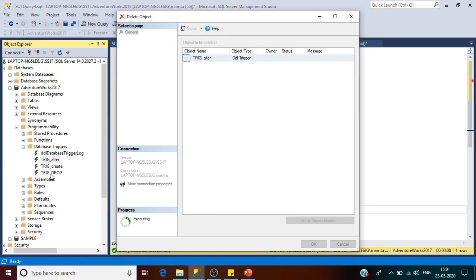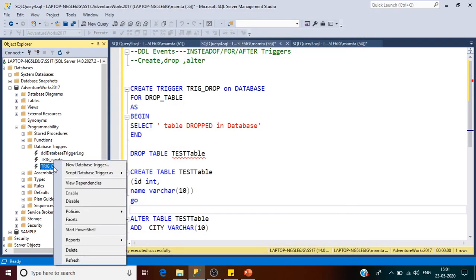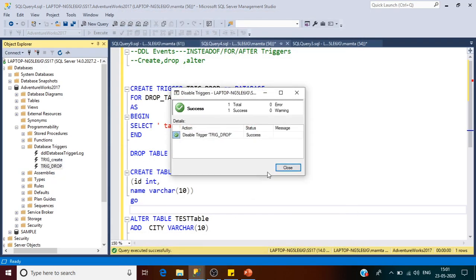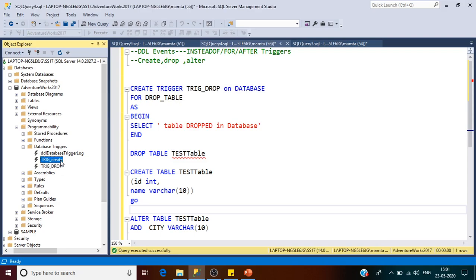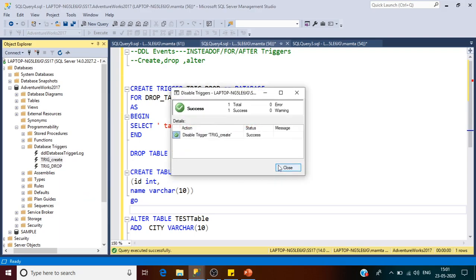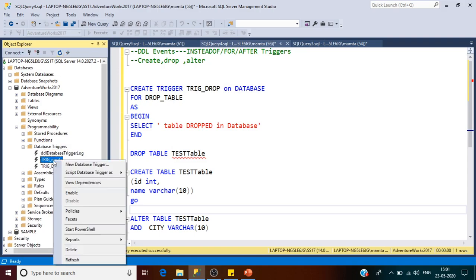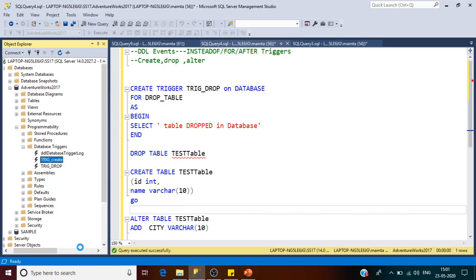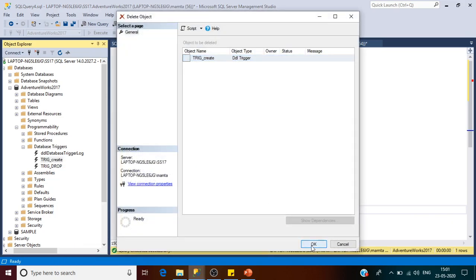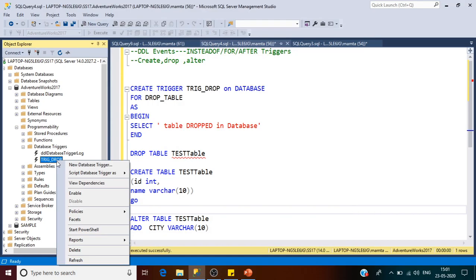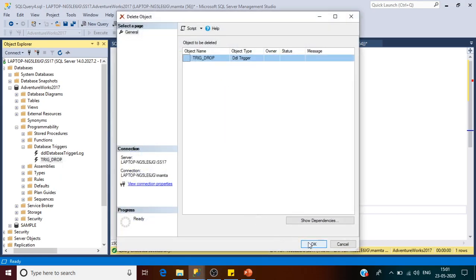So let me disable this trigger as well and refresh it. For this database level trigger, you need to delete it. So let me delete it, as this is only for demonstration purposes.